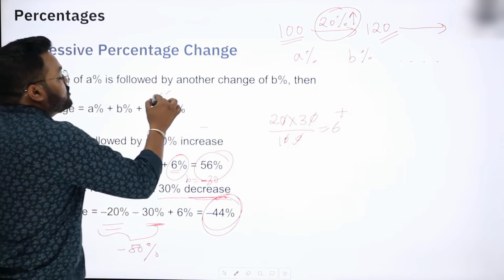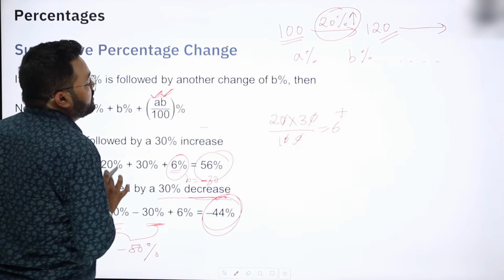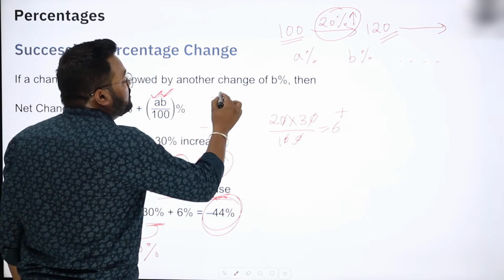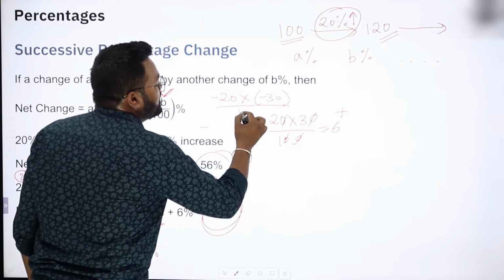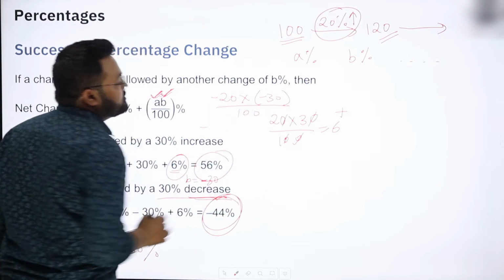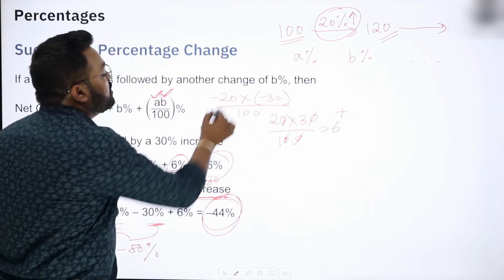But these two A and B are also multiplied here, and we know that when two negative numbers are multiplied, minus minus converts to a positive number. So now this term becomes